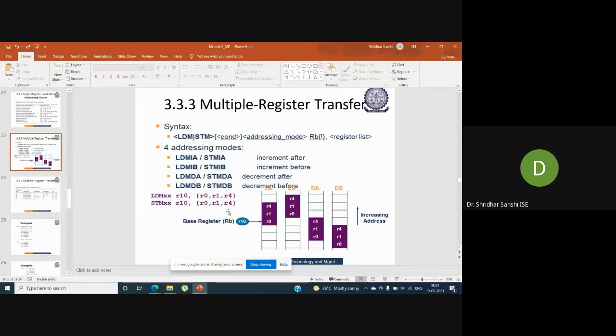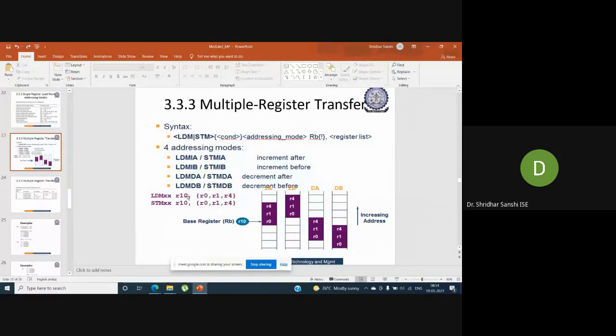You can specify the registers in these curly brackets. How many registers are there here? Three registers. Whenever we execute this instruction, we are going to store values in 3 registers. Earlier we were storing only one register value. Here we are storing 3 registers in this example. So this is a multiple register transfer.